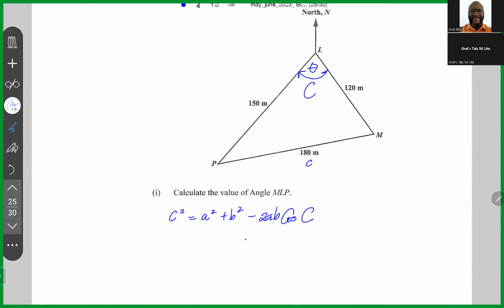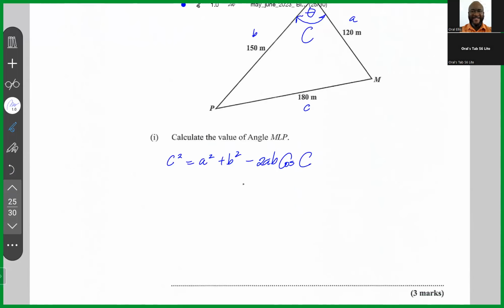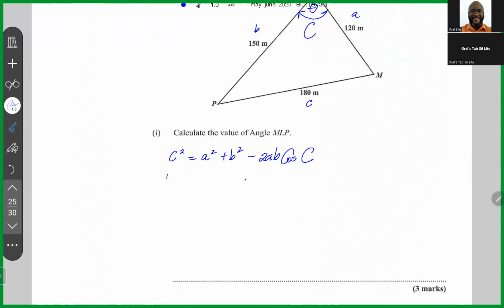This would be big C, the angle, and these two would be A and B respectively. So C is the side that is opposite the angle that you want to find. Big C is the angle that you want to find, which is theta in this case. A and B are the other two sides. So this is 180